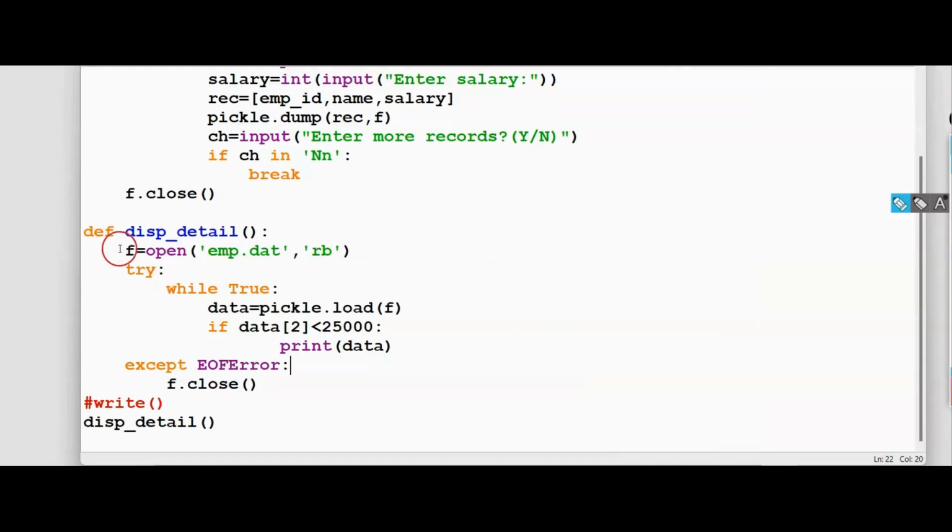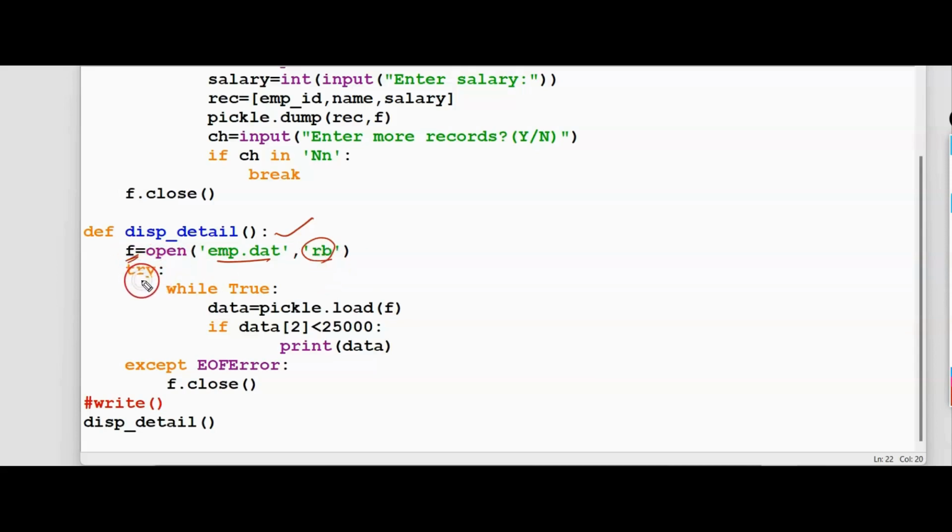So this is the function def disp_detail, which is given in your question, and you should open emp.dat in read binary mode. As we are working with a binary file, you should open that file in read binary mode and store it in the file handle f.